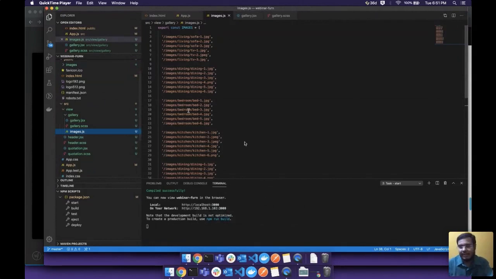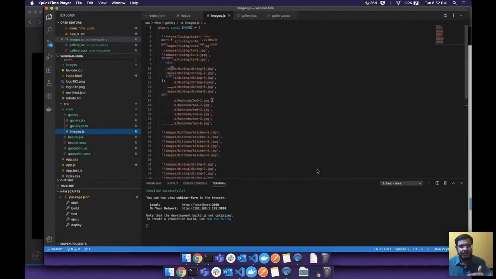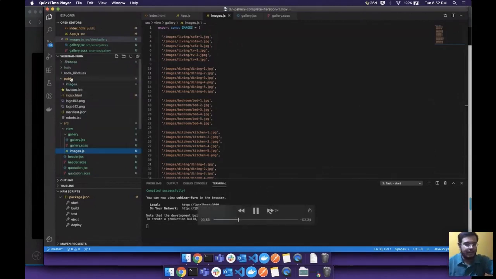The URLs of the images. So this is how you access something in your public directory. You give slash, and the slash refers to the beginning of your public folder. And inside that, we have images, we have different rooms, and inside the rooms, we have different images of the furniture, right? So let's go there real quick, right?